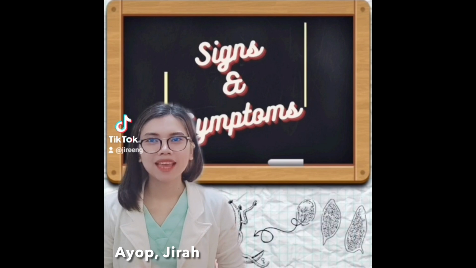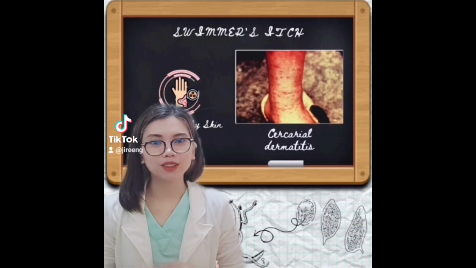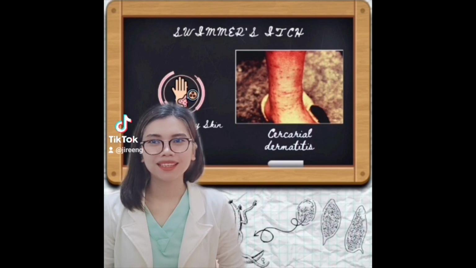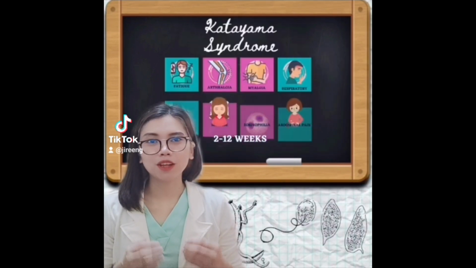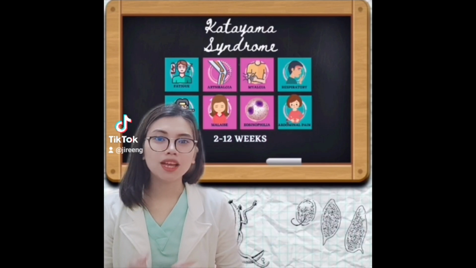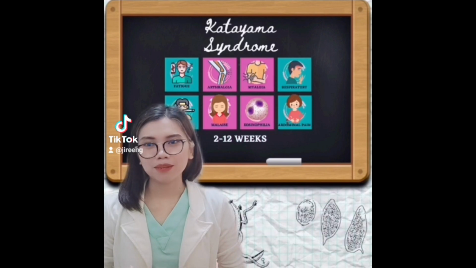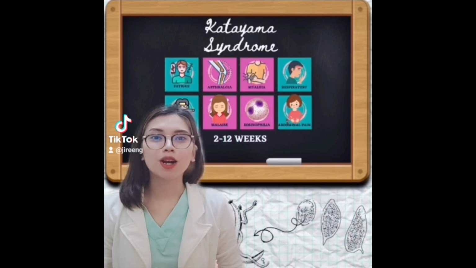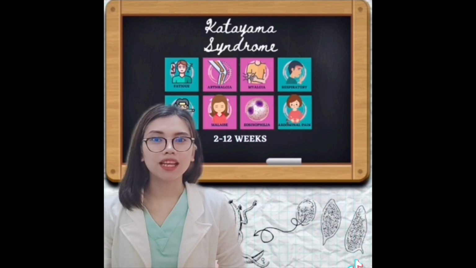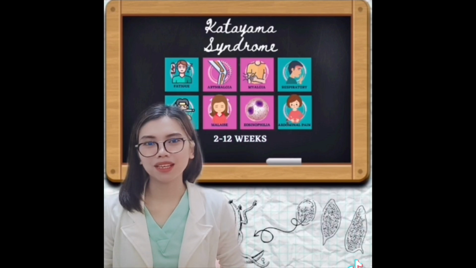What are the signs and symptoms of schistosomiasis? After being infected, cercaria penetration on the skin may lead to rash or itching that are localized but may resolve within days. This is what we call swimmer's itch. Typically, 2 to 12 weeks following the cercaria penetration, schistosomule migration can give rise to a syndrome characterized by fatigability, respiratory symptoms, arthralgia, myalgia, malaise, eosinophilia, fever, and abdominal pain, which is also called Katayama syndrome.